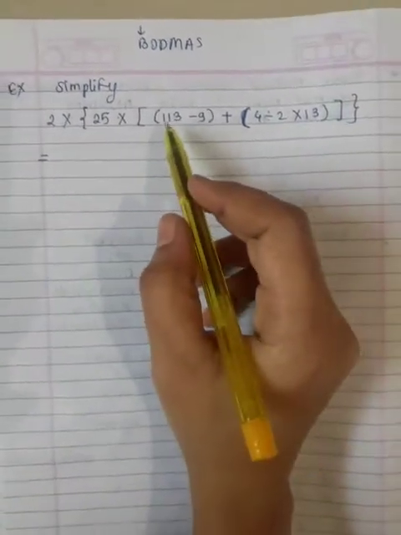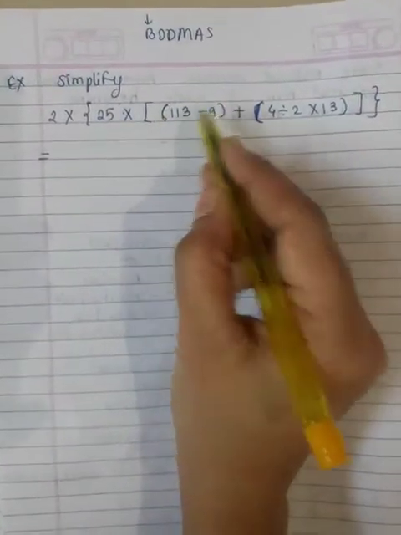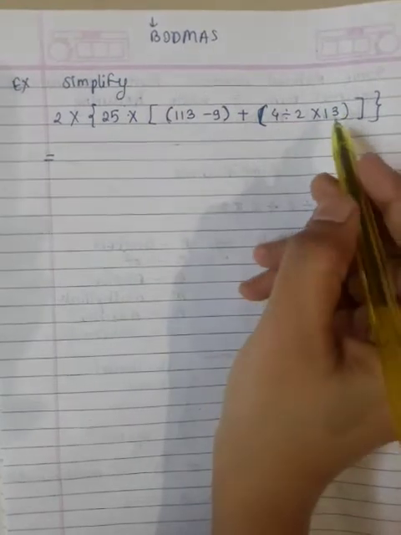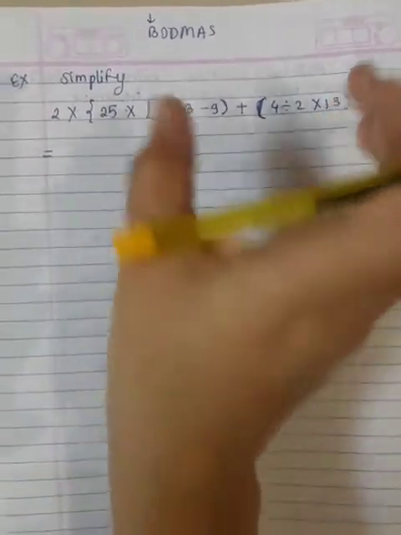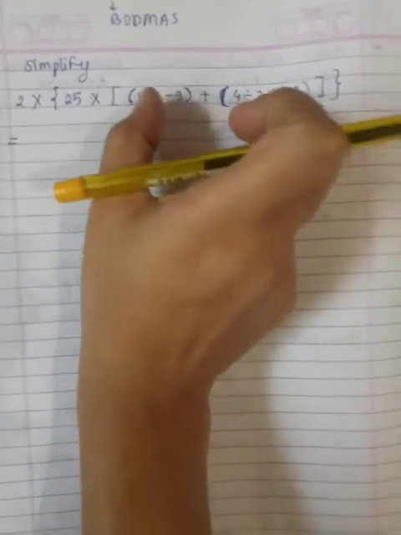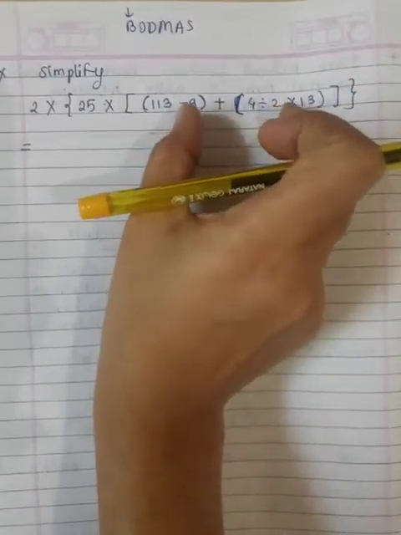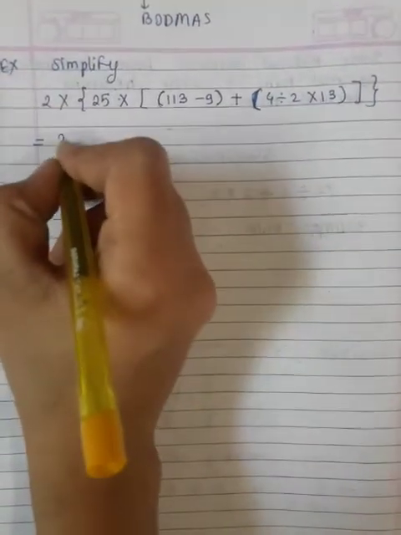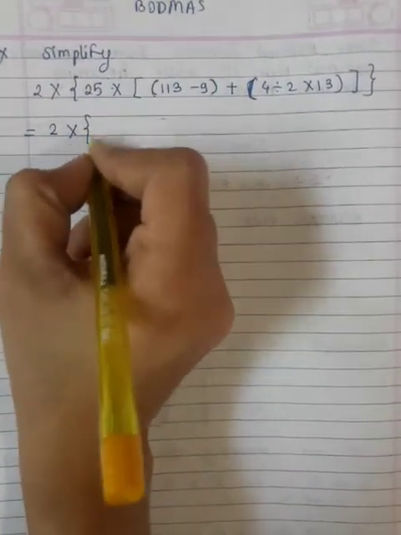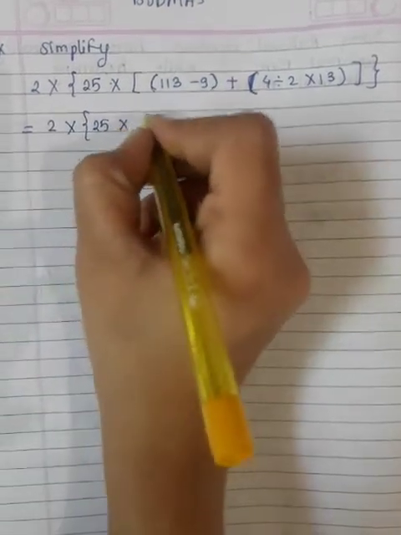So see, you observe that how many brackets are there? Round, these two round brackets. So first solve round brackets. Okay, means innermost brackets. So innermost brackets are these two. So first solve these two brackets. Okay, so whenever solve, keep remaining term as it is. So here write 2 as it is. Okay, multiply 25, you multiply square bracket.